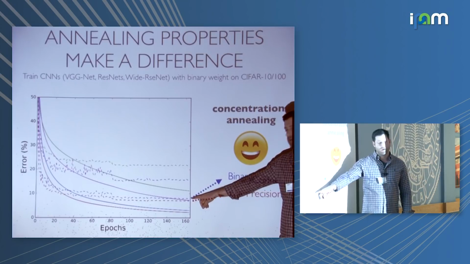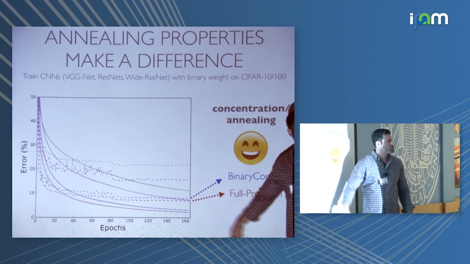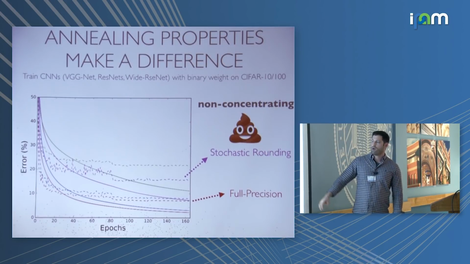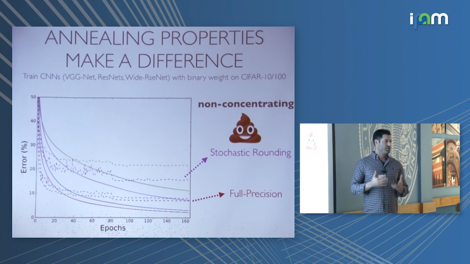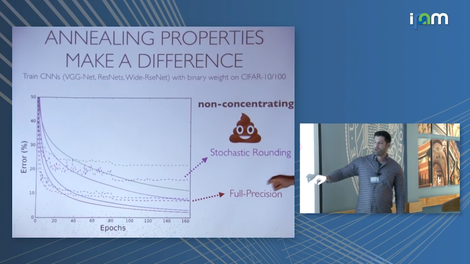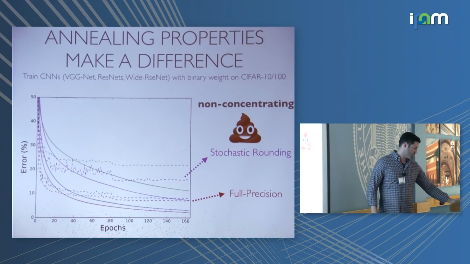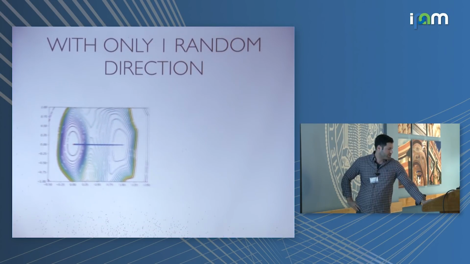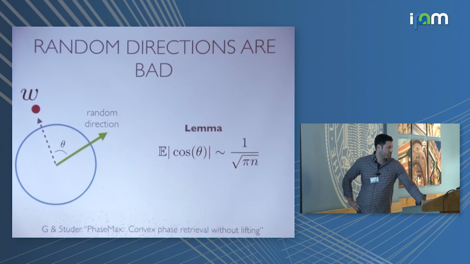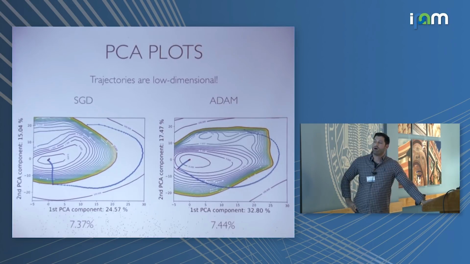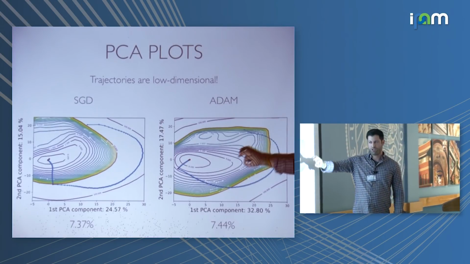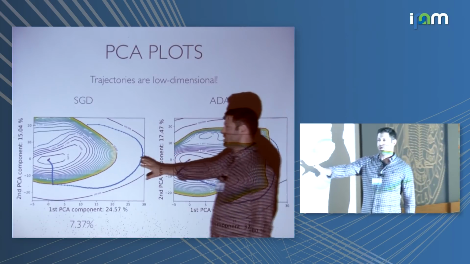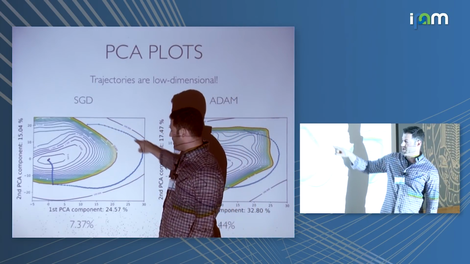Binary connect requires floating point to train a quantized net, and it gets great generalization error. But if you don't have those concentration properties, these sorts of simulated annealing type global optimization properties, then you get really bad results. And I have some results that I'm not going to have a chance to tell you about in the interest of time, but we can do some more visualizations on the descent paths that SGD takes through these loss functions. So this is plotting the contours of a loss function, and this is the descent path of